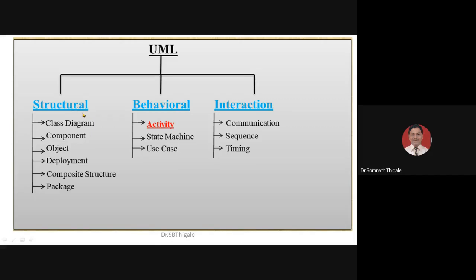Similarly, software structure can be represented in terms of diagrams, like an object diagram, and a collection of objects represented in a specific style, which we call a class diagram. Once we have class diagrams, we organize them by type of package, like UI package, middleware, or client side. Accordingly, we have different packages, so we call it the package diagram. Then we turn them into components, and based on that we have the component diagram and deployment diagram. So this represents the basic idea of structure, called structural diagrams.